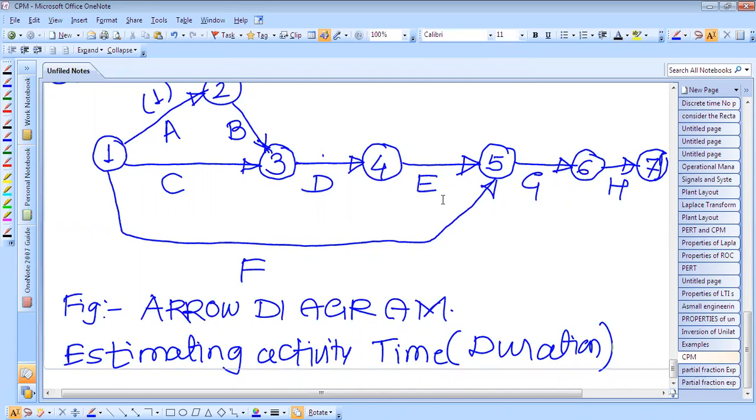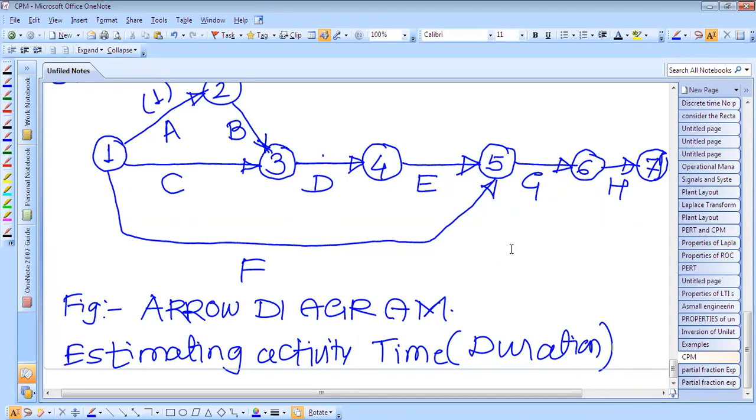And when the worker is experienced, he knows the time for each activity, and therefore the time values can be taken from similar or same activities accomplished earlier. If he has accomplished the same activity earlier, he knows how much time is required for that activity's completion. So estimation of duration is no problem for an experienced estimator. There is no problem at all.